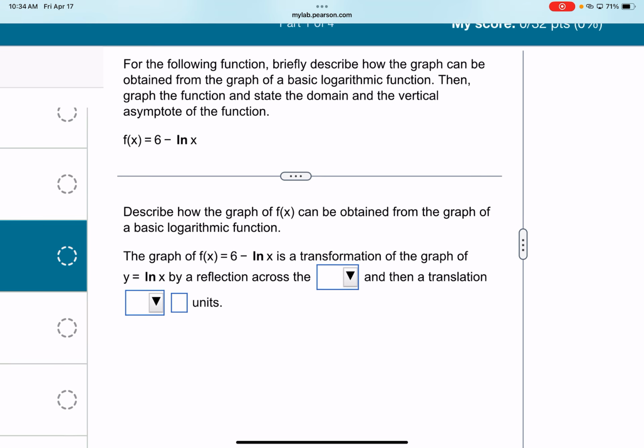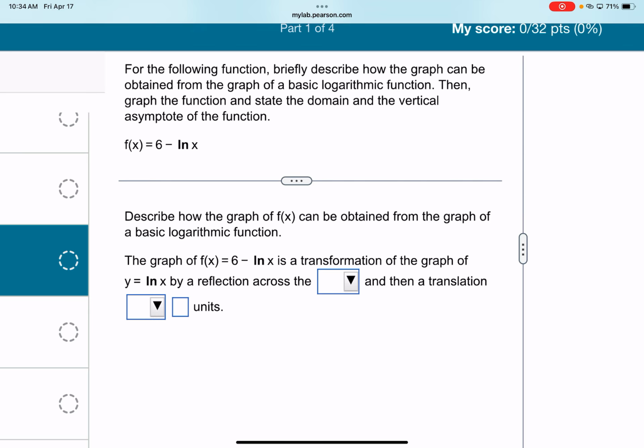Okay, we'll do this one. Okay, so it says for the following function, briefly describe how the graph can be obtained from the graph of a basic logarithmic function, then graph the function and state the domain and the vertical asymptote of the function. All right, so